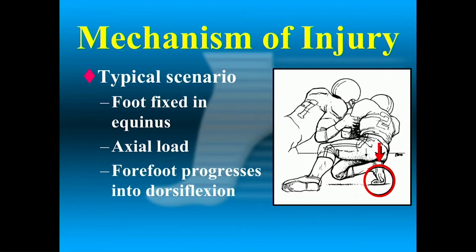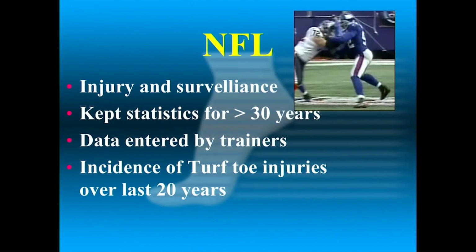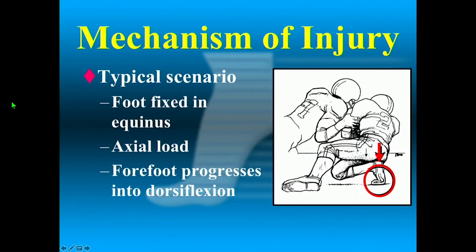While this is the typical mechanism of foot plantarflexion and an axial load, someone falls on the foot, I've actually seen some linemen push off aggressively and actually rupture their plantar plate. So we see all kinds of injury mechanisms here. So in the NFL, Bob and I...